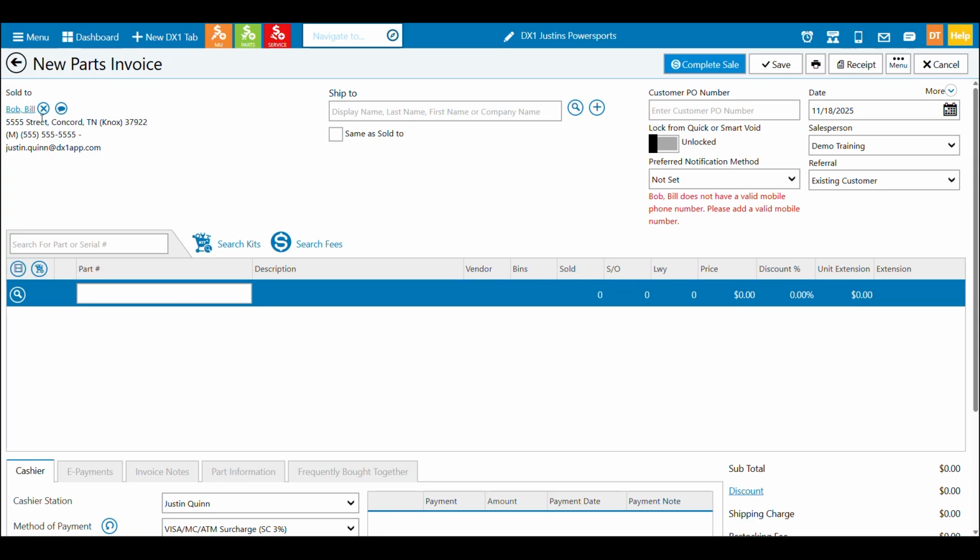If I do find the customer I'm looking for, I can just click the plus icon and it adds the customer in. I just want to mention that when searching and adding the customer, I did mention in that chapter that it's important to set the preferred notification method. For this customer, you'll notice it's not set because you'll see the red text here. This is where you can use the drop down to say what type of preferred notification method we'll use. And you do have to have a valid SMS number for that to work. So that's how to search and add a customer to an invoice.